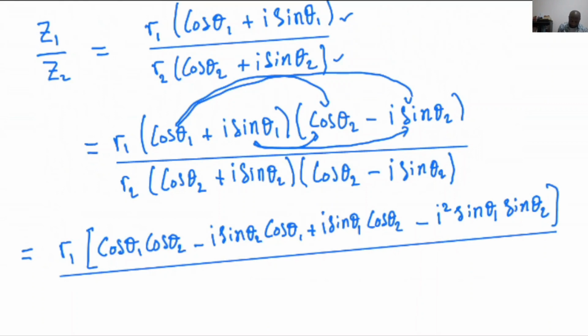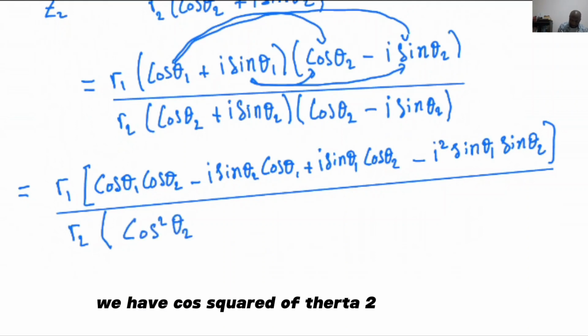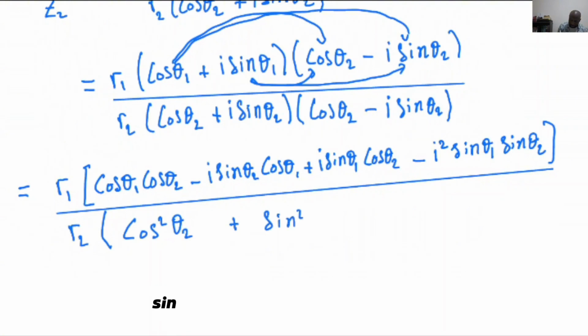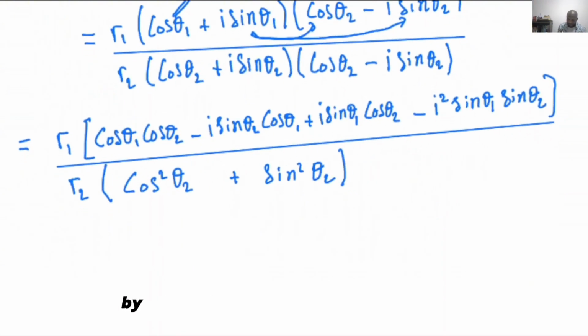over r2 into, so multiply the conjugate, we have cos squared of theta 2 plus sine squared of theta 2. Now we have to recall cos squared theta plus sine squared theta must be 1. So now bringing like terms together, simplifying the numerator by bringing like terms together, we have